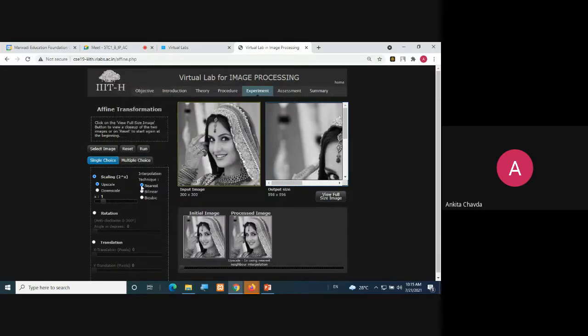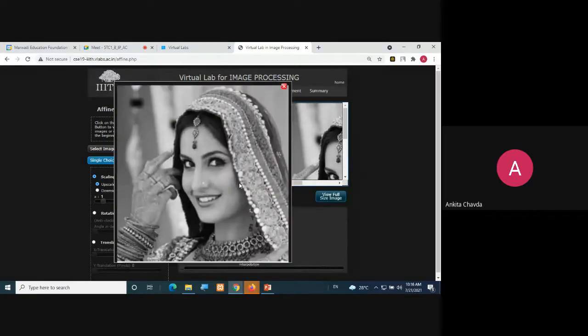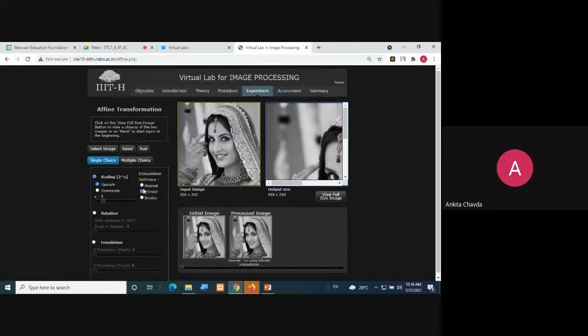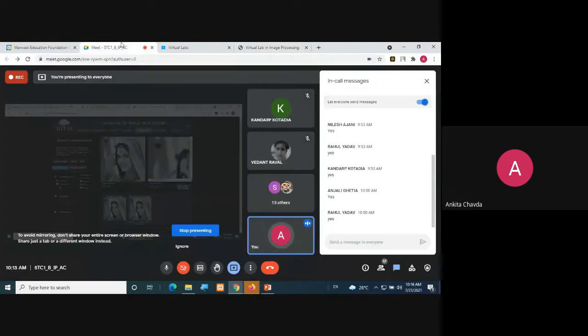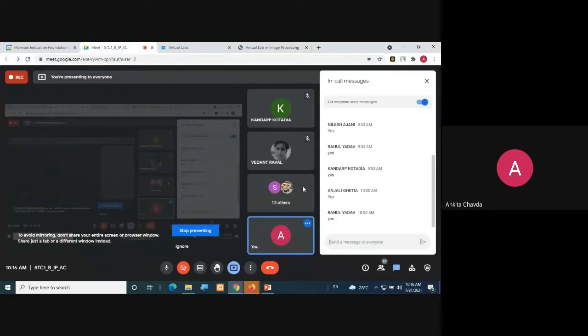Now you can check with the bilinear. Though you won't get much difference in this, if you want to see the actual difference, now do it 2x, or 3x, 4x. Then you will get to know the actual difference between these three techniques: nearest, bilinear, and bicubic. So just try this, then I'll explain what is rotation and translation. Please do it. Yes, everyone.